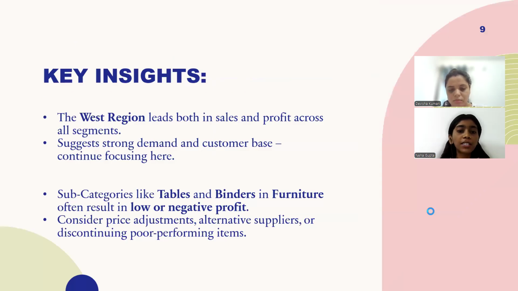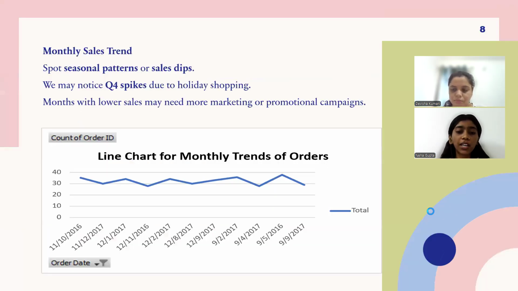The part 4 is the final dashboard. After all that, I created my final Excel dashboard, which includes KPIs like sales, profit, and quantity, region-wise bar or map charts, category-wise pie or column charts, a monthly sales trend line, slicers to filter data by region and segment, and a dynamic drop-down for flexible filtering.